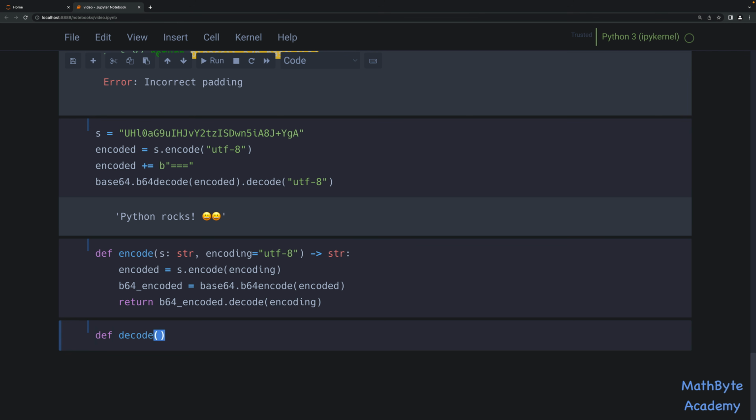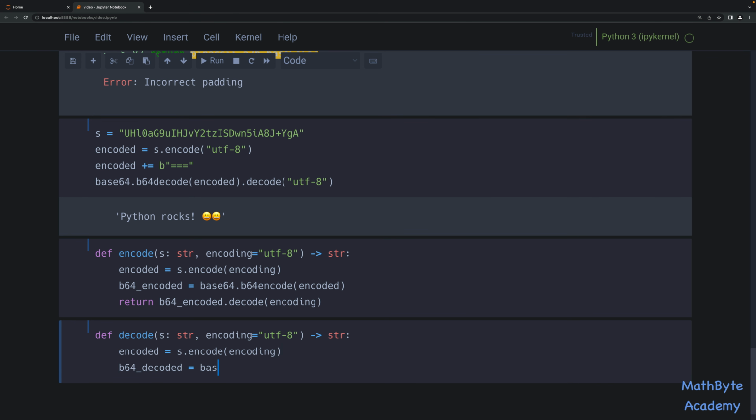So let's go ahead and write the decode function. Again, it's going to take a string. There's going to be an encoding, which we will default to UTF-8, and the return again is going to be a string. So this is for encoding and decoding strings. And we're going to say encoded. Again, we have to convert our string s to encoded bytes, right? We have to encode it essentially to get the bytes. So we'll use the encoding. Then the base64 decoded is equal to the